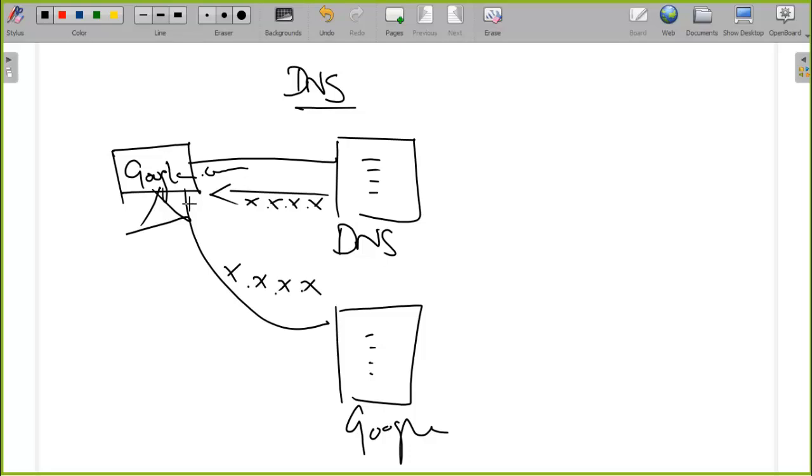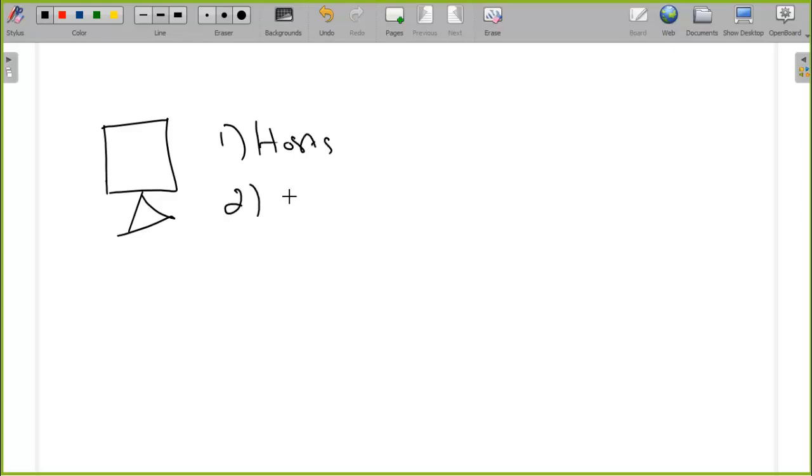Now let us see this in much more detail. First, let me clear this. Now your PC will have two locations. One is the host file. The second one is the DNS cache.